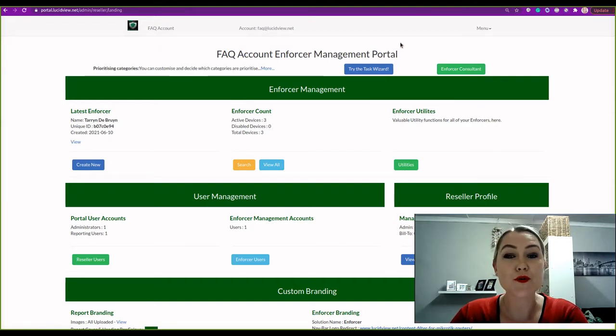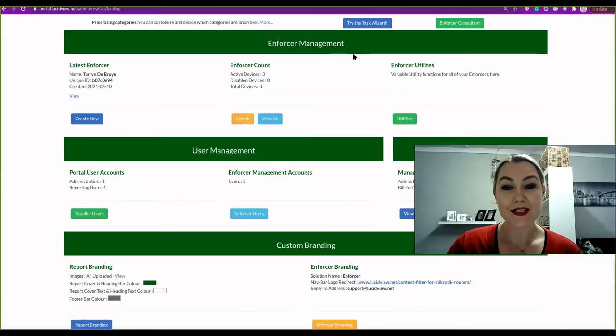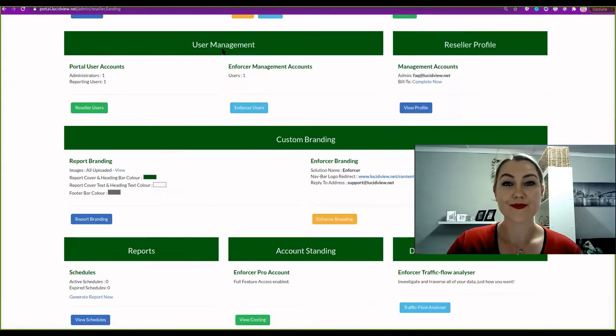Whenever you log into your Enforcer Management portal, you will be presented with this home screen. This is your administrative portal. Enforcer Access, where you'll be able to create and configure your enforcers. With the user management, you will be able to either give a user access to a specific enforcer or the